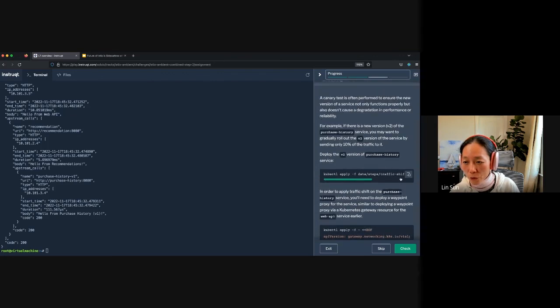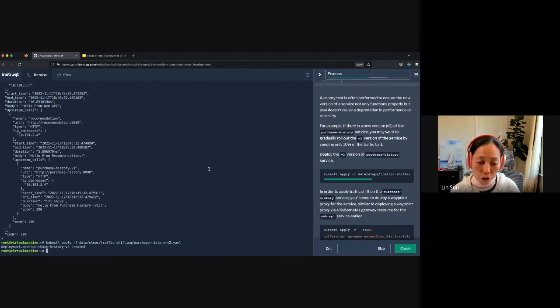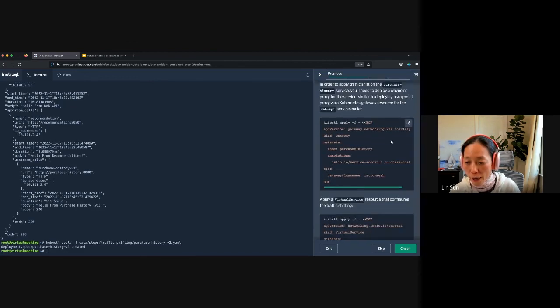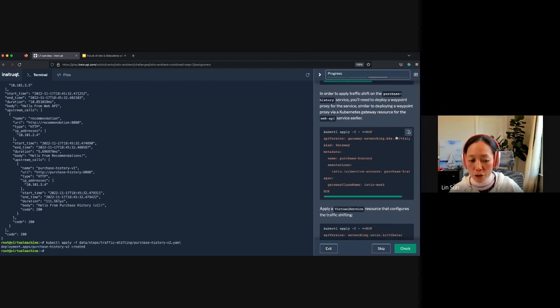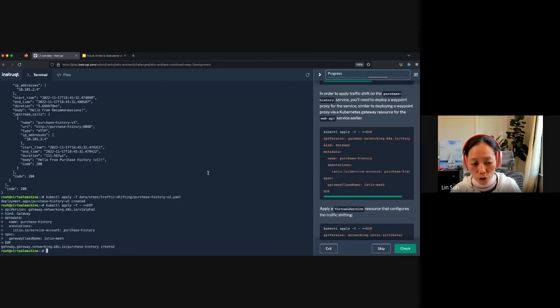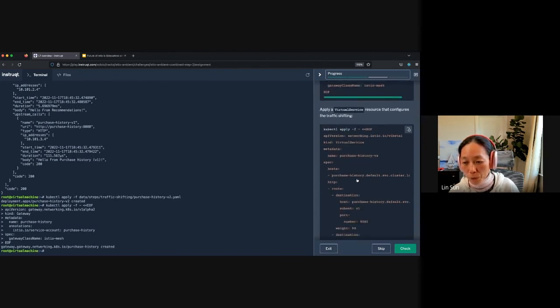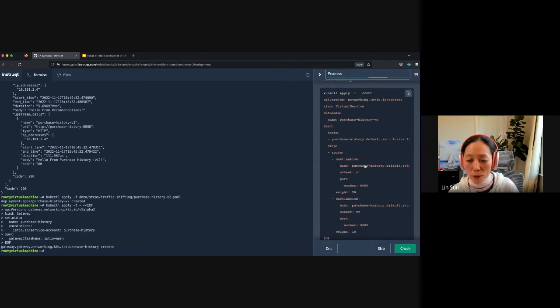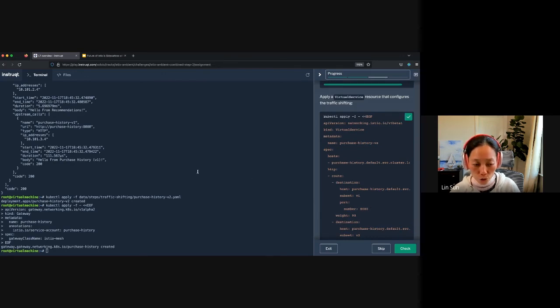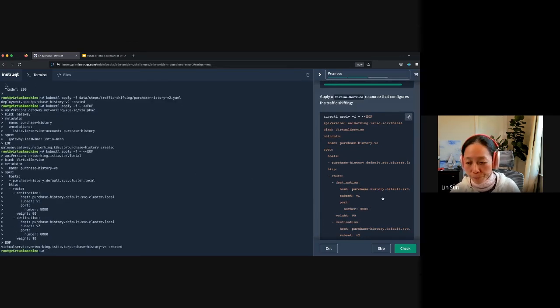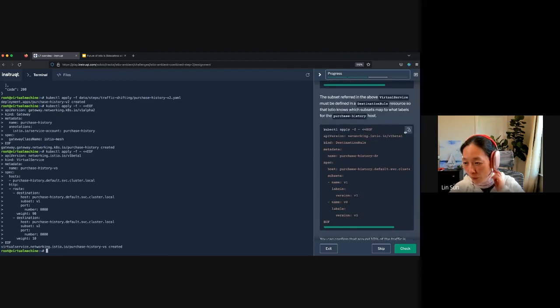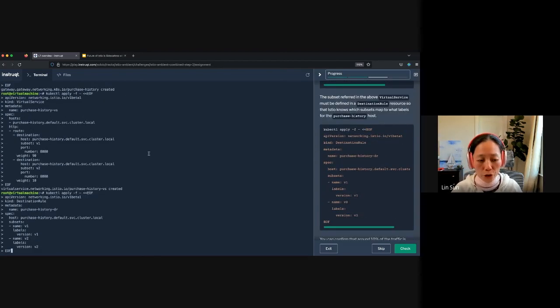The next thing we're going to do is traffic shifting. So basically, we deploy a version 2 of our purchase history. And in order to do traffic shifting on purchase history, we will also deploy a Waypoint proxy for purchase history. And then we're going to deploy this virtual service that says I want 90% of traffic to go to version 1 and 10% of traffic to go to version 2 of my purchase history. And we're going to also deploy a simple destination rule for the purpose of specifying the subsets for version 1